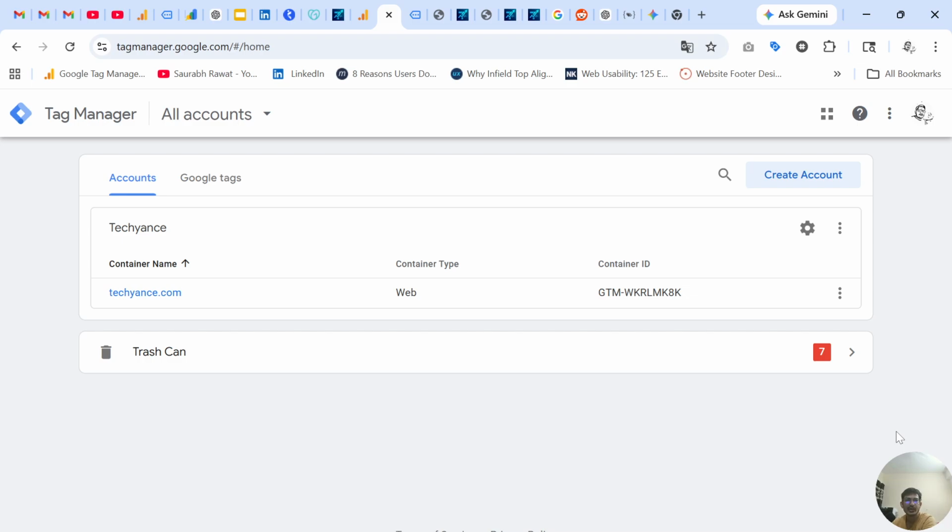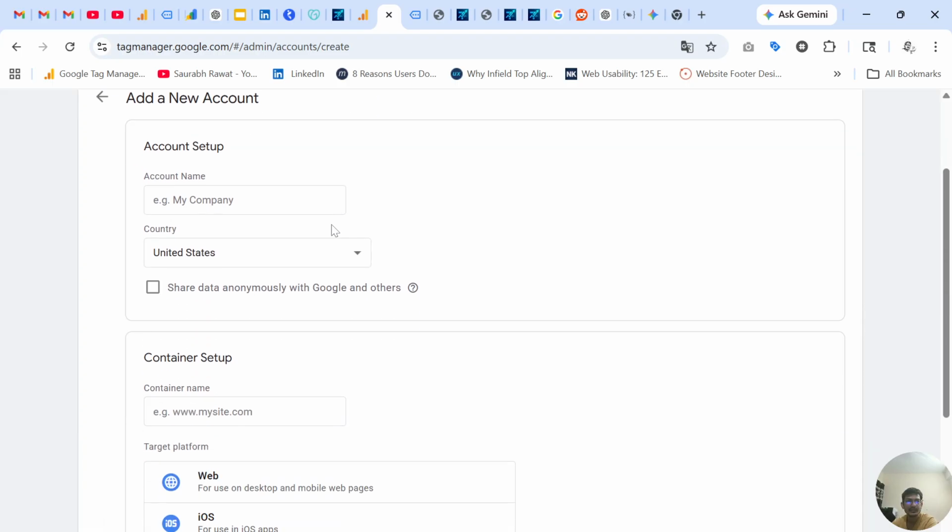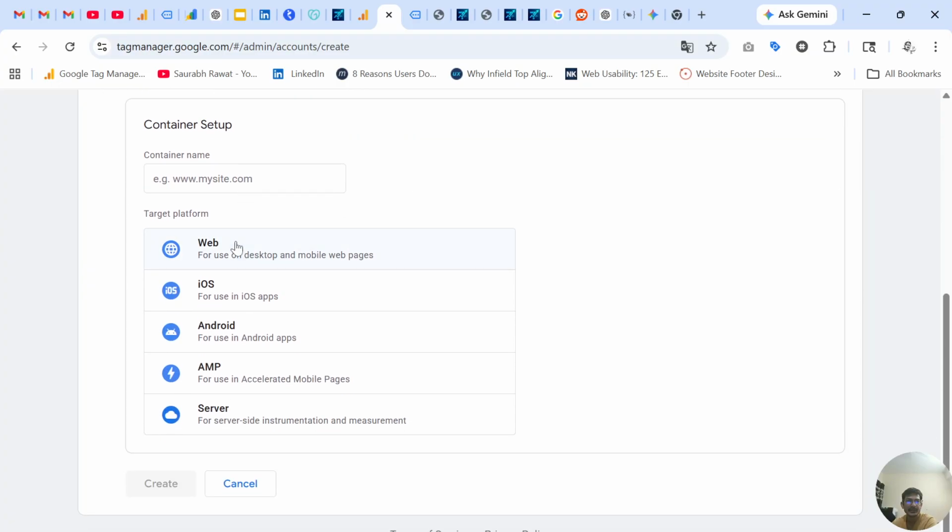Today I am going to talk about how to install Google Tag Manager and how to install Google Analytics using Google Tag Manager. First of all, you have to log in to your Google Tag Manager and then click on create account. Here you can use any name and then